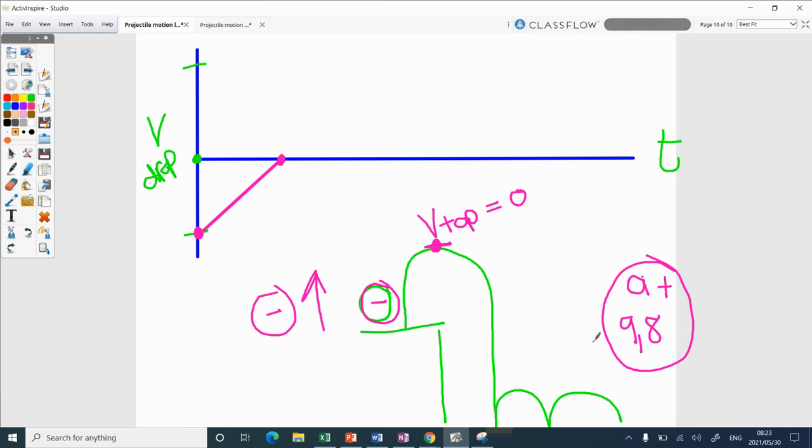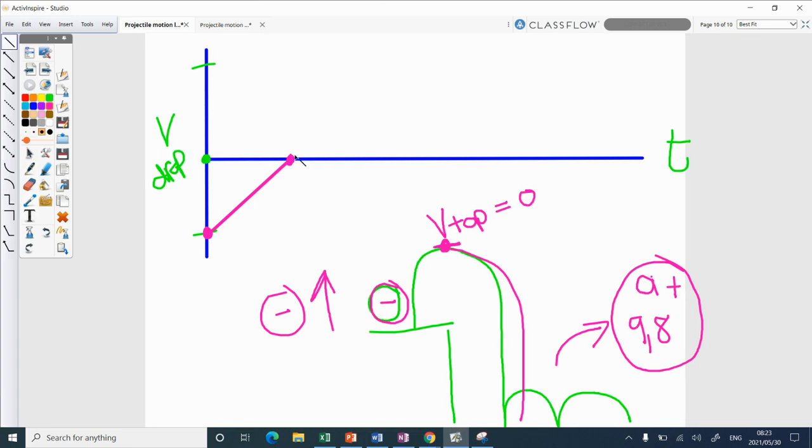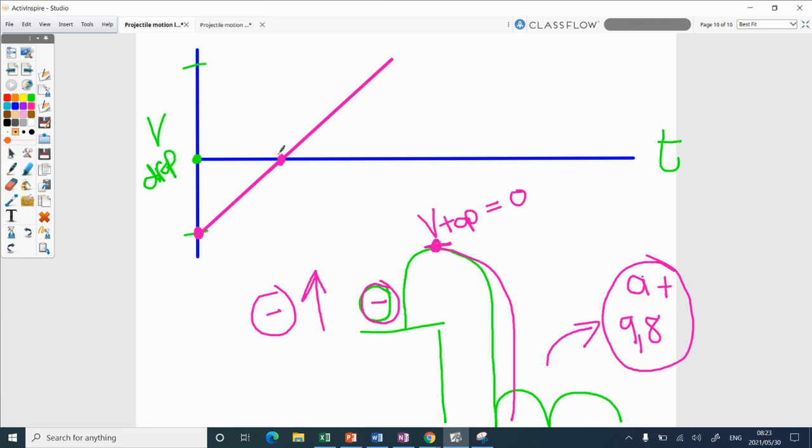So does the acceleration change when it goes this bit? No, it's still 9.8 exactly. So that is why this line that we have here must just carry on straight. But it hits the ground at a positive velocity. So here, where it crosses the x-axis, is always going to be V top. This point here, always V top. This point here is the maximum, and this could be at the bottom as well if we made it negative. So that there is going to be when it hits the ground.